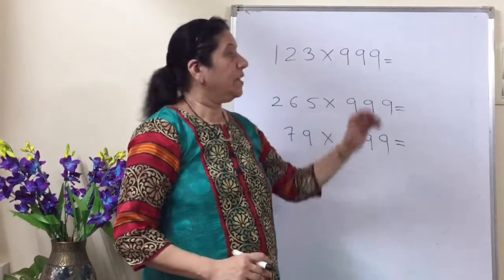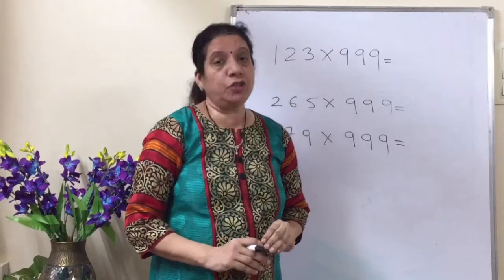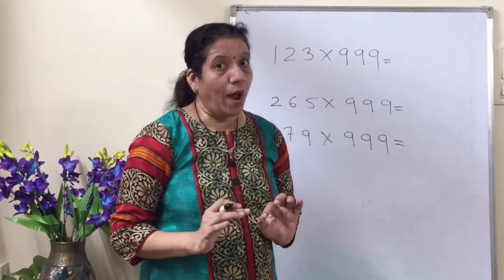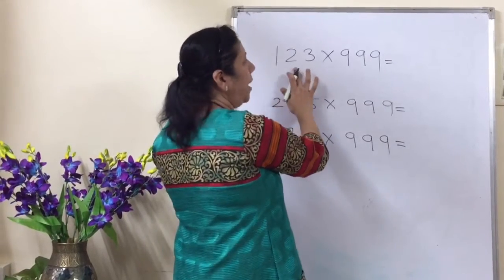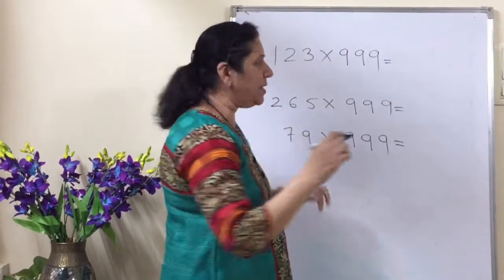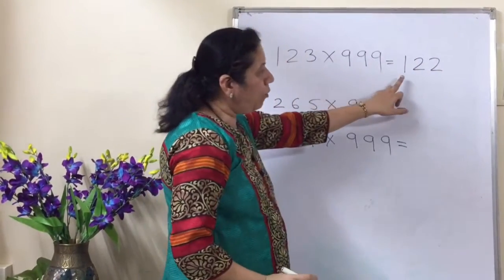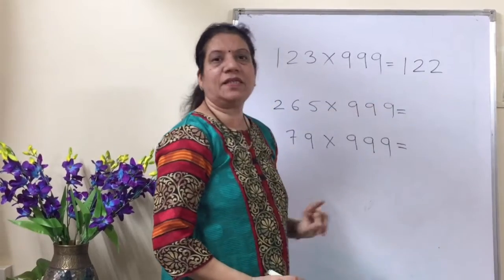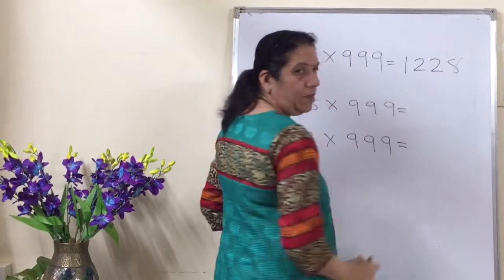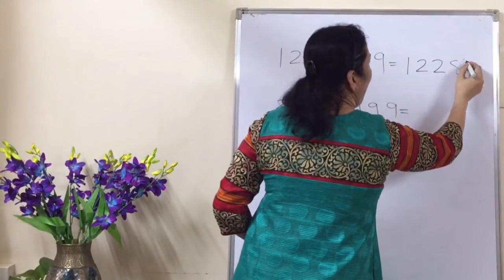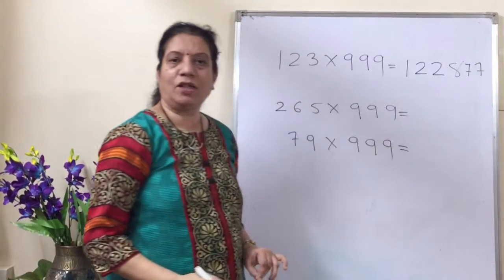Now let us see examples where we are multiplying with 999. If you do actual multiplication, you will require a lot of time, but we are going to do it very fast. So 123: what is the number one less than this? It is 122. Now you add digits so that the sum is 9. To 1 we add 8 to get 9. To 2 we add 7, and again to 2 we add 7,